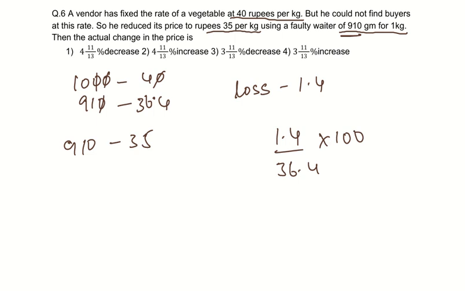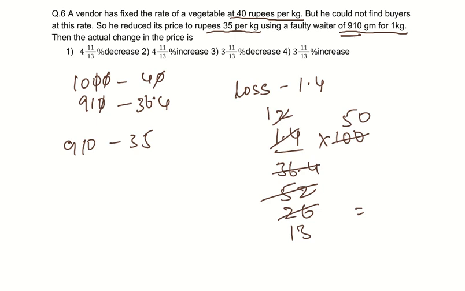So both contain the same digits. Remove the decimals. So 7 twos, 7 fives, again 7 twos, 2 ones, 226, again 2 50s, 2 30s. So 50 by 13, 15 by 13, so 15 13 fourths are 52, so 3 11 by 13 percentage decrease, so 3 is our answer.